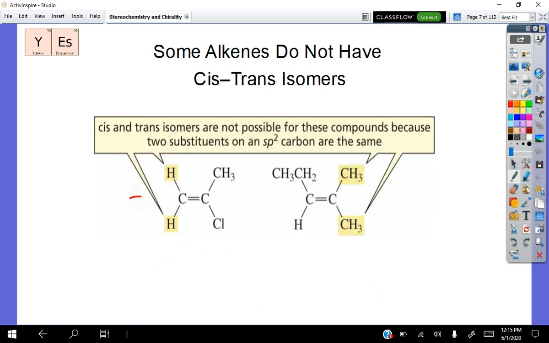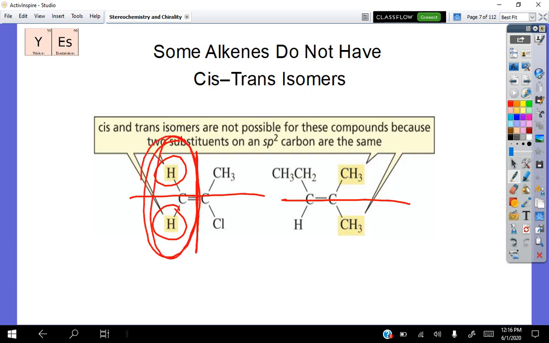One thing to note is that some alkenes do not have cis or trans isomers, specifically if it's said to be terminal, which means the double bond is at the end of a chain. That means you are going to have two hydrogens on the same side of the double bond. And so as a result, if you have two hydrogens on the same side of the double bond,